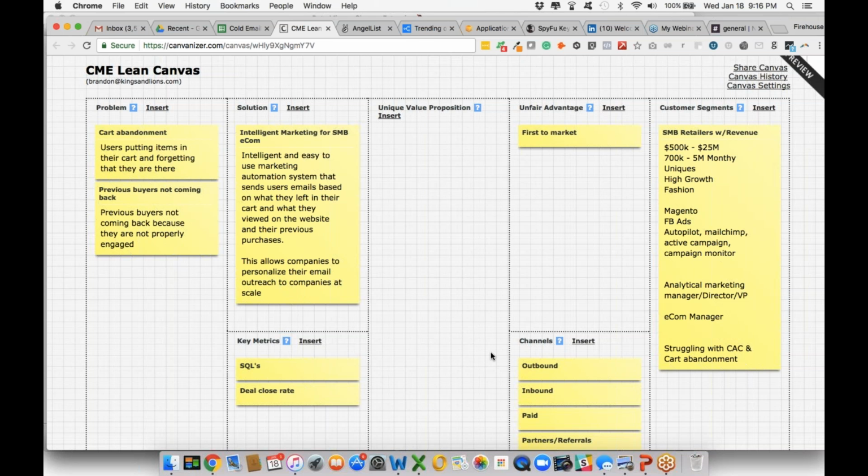the person that I was talking to yesterday had an idea that they've been working on. They call it CME. Basically their idea is that they think SMB retailers, you can see my customer segment there, doing 500K to 25 million in revenue per year,